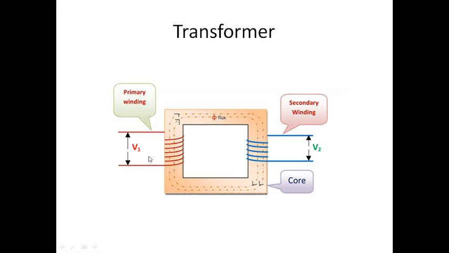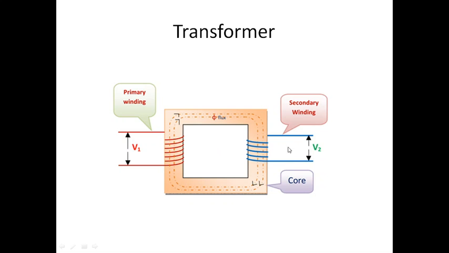In this diagram, this is your typical view of a transformer. This is your primary winding and this is your secondary winding. This is connected to the supply and this is connected to the load. Whatever voltage I produce here, the same will be taken from here without any contact. That is because of the electromagnetic induction produced. Whatever voltage is produced here will be the same in your secondary winding also.